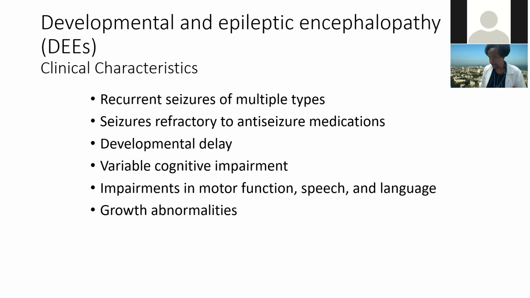They can have infantile spasms, epileptic spasms, tonic seizure, myoclonic seizure, focal seizures, you name it, any seizure type is possible. These seizures are going to be refractory to anti-seizure medication. They do not respond well to anti-seizure medication. These patients have developmental delay, and many of them have developmental delay even before they have the first seizure. This is a big clue as to this being a developmental epileptic encephalopathy, likely of genetic cause, okay? The cognitive impairment is variable, but it's present across the board, from mild to